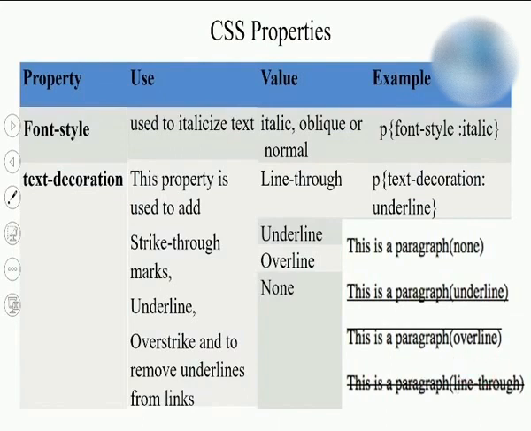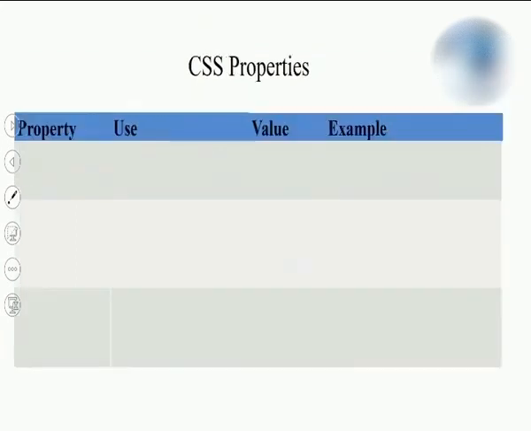In the examination, as a tricky question, it will be asked what you will specify in the text decoration as a value to get the strike through effect. And in the options, if you get a strike through, you need not select that. You have to select the line through option. So these are the 4 important values for the text decoration: line through, underline, overline, and none. That can be asked for 2 correct or 3 correct answers. Students, do remember all the properties as well, because these properties can be asked for 2 correct or 3 correct answers, or even a single correct answer.